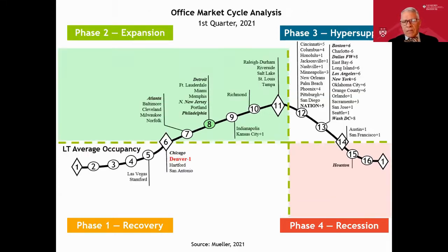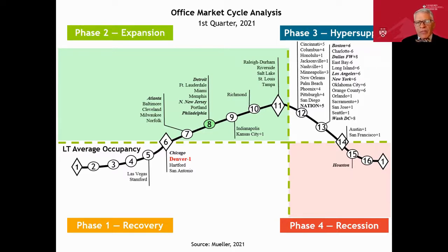Next slide. So the key is, as you decide where to go, and this really came from my work at Prudential, where they said, we've got all these different cities to choose from. Where should we be going and where should we be looking to buy properties right now? What cities should we be focusing our efforts on? So here are the 54 largest cities in the country and where they are currently in the cycle. You see some of them in the growth phase, so their occupancies have been going up and are expected to go up, and the majority of them in the hypersupply phase, where their occupancies are coming down.